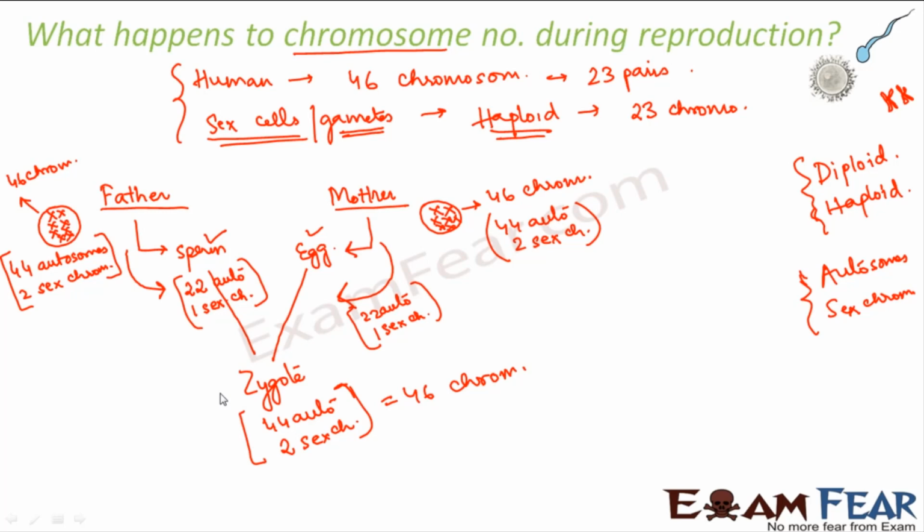So what did we understand with this discussion? We understood that both the parents contribute equally during sexual reproduction. Clear? So please make sure that this concept is very, very clear, because based on these concepts we will talk about many other things. So if this is not clear, you are not going to understand what I'm going to talk about in the next few slides, right?